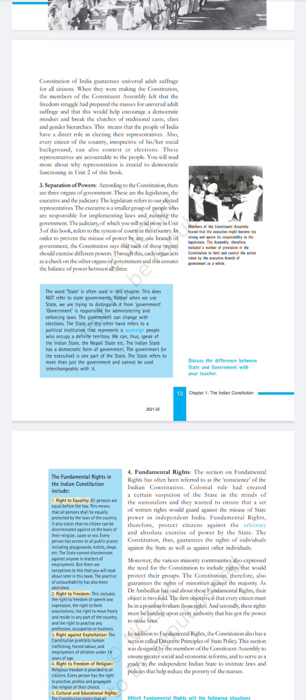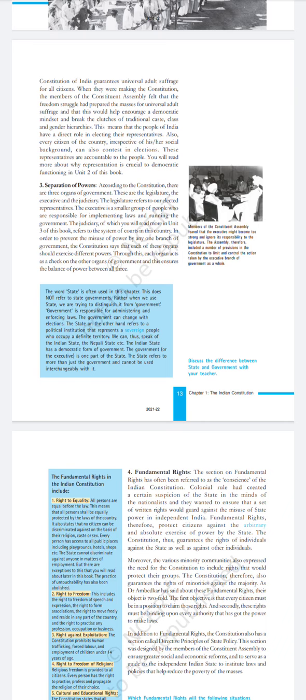Separation of powers. According to the Constitution, there are three organs of government. These are the legislature, the executive, and the judiciary. The legislature refers to our elected representatives. The executive is a smaller group of people who are responsible for implementing laws and running the government. The judiciary, of which you will read more in Unit 3 of this book, refers to the system of courts